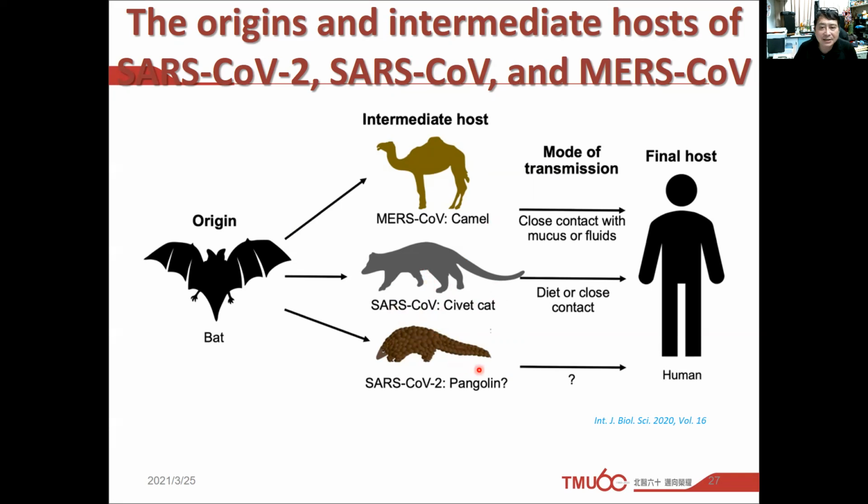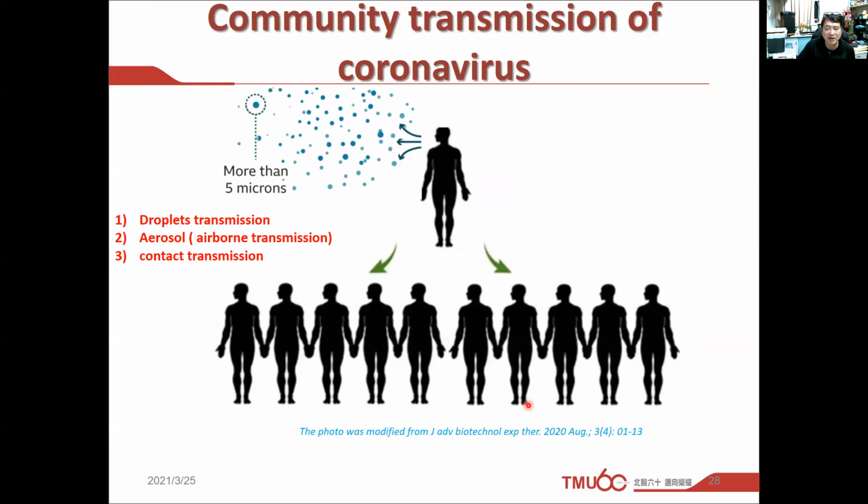Okay, and the way that it passed from the intermediate host to the human is still not that clear, and may be derived from fluid, from mucus, from diet, from direct contact. Still not clear, especially for SARS-CoV-2, the COVID-19 virus. The way it transmits from one person to another causes the pandemic or trouble in the community. We believe there are three pathways. The first one is droplet,